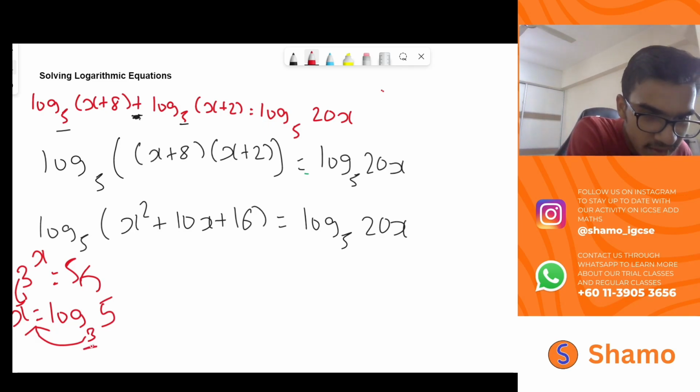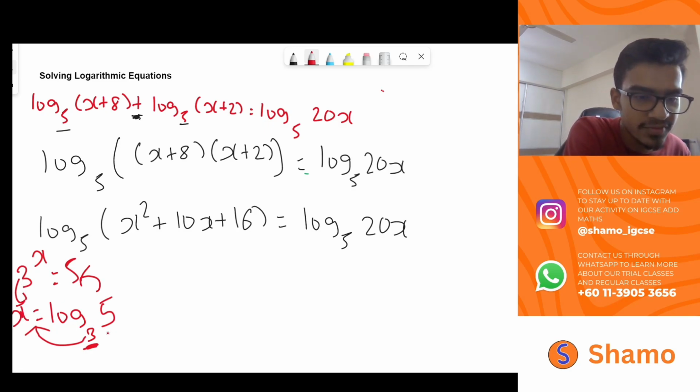Alright, this 3 over here is the base. Okay? And this x over here is the exponent. So it becomes 3 power x equals 5. So if we have x equals log base 3 of 5,